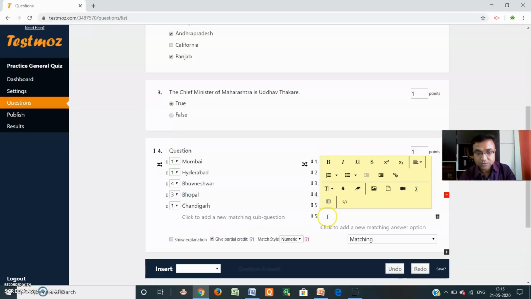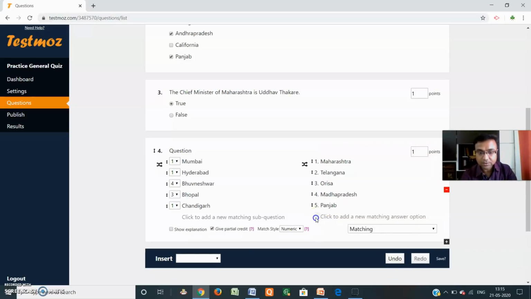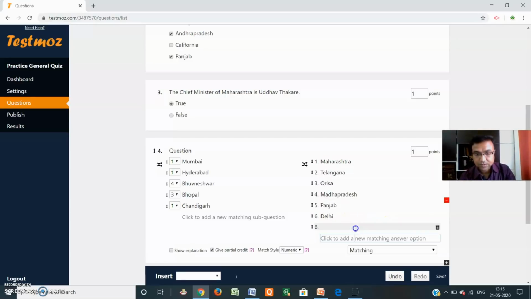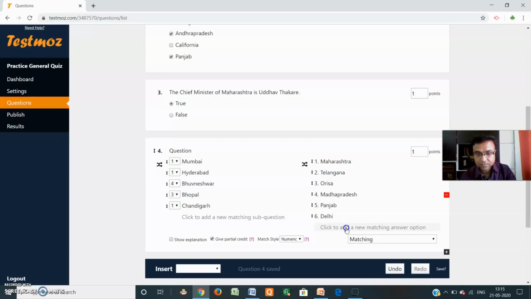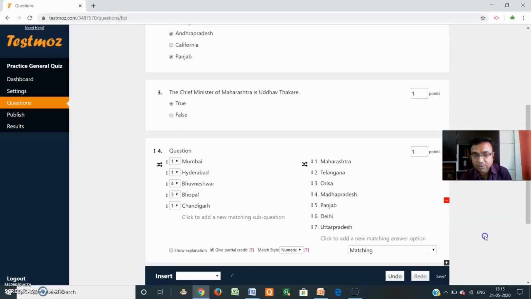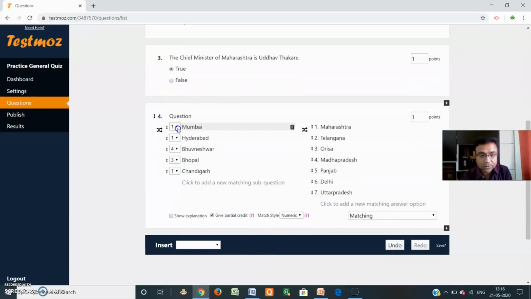Add to confuse the student, you can also add another type of question. Click add to question: Delhi. Suppose Uttar Pradesh. This type of matching is available here. Show explanation. Suppose there is one for Mumbai, here Maharashtra.